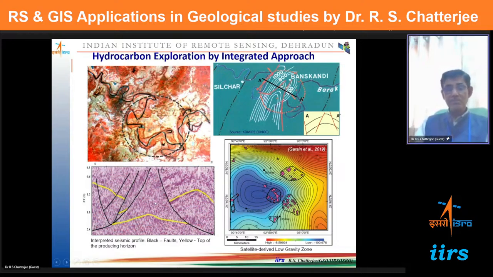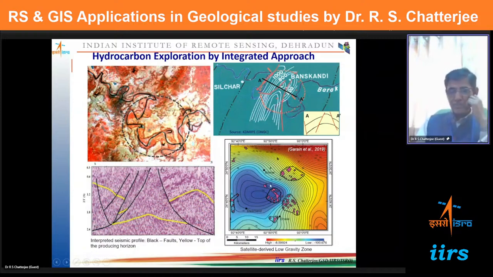Now, if you go for a geophysical survey, like a seismic survey, here you see the seismic profile. It gives you very clearly the geometry of this petroleum trap. Not only that, a number of faults can also be mapped here. It is the upper surface of the production horizons, that is, the trap horizon of the structural trap. Now see, this is how it has been interpreted by ONGC. KDMIPE is